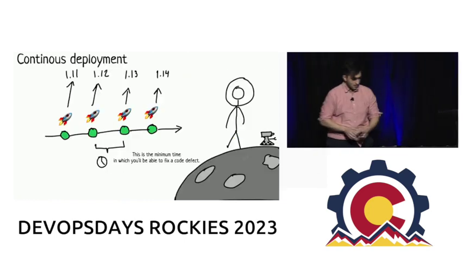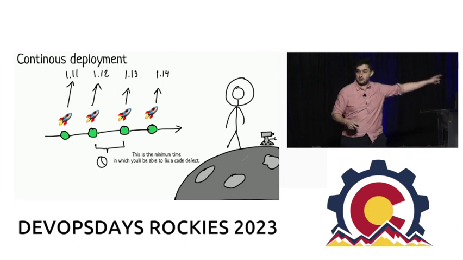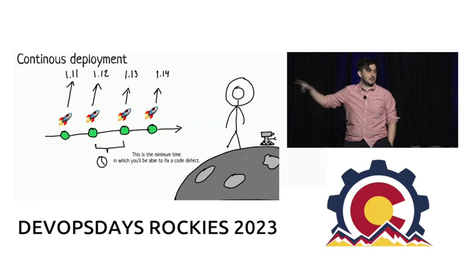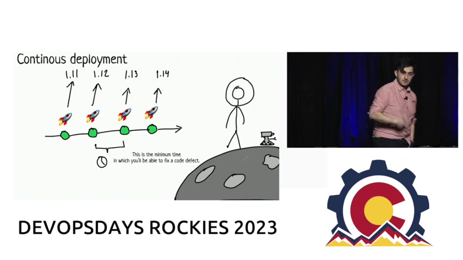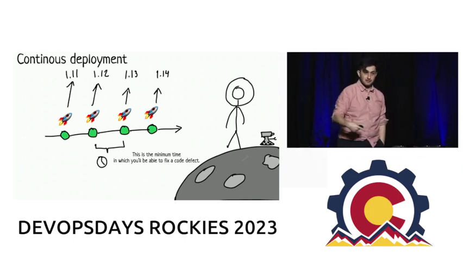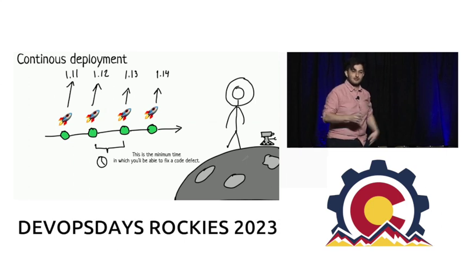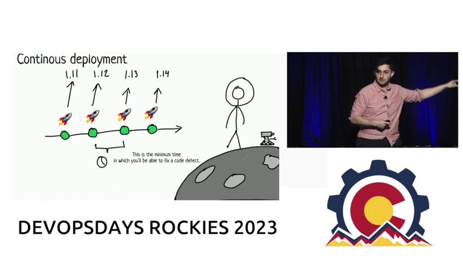And then talking about continuous deployment, CD, you always want to deploy constantly, because the time you take to deploy is the minimum time you're going to have to fix a mistake you made in production. So if you ship every hour, the fastest time you can fix something in a code defect is an hour. If you ship every week, the fastest time you can solve something is a week. So yes, there are some configuration issues we can solve, but what happens if you have a code defect and it's affecting your 1 million customers?